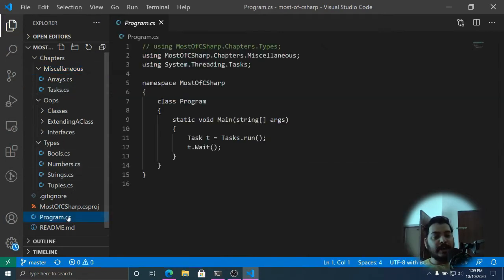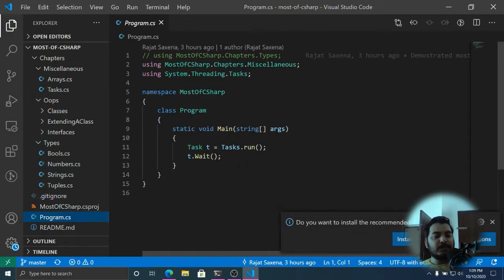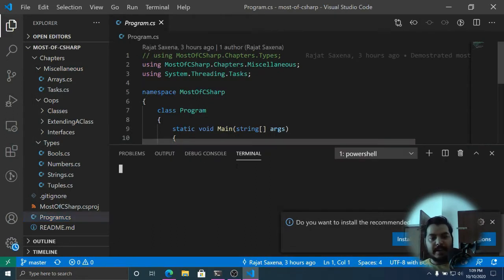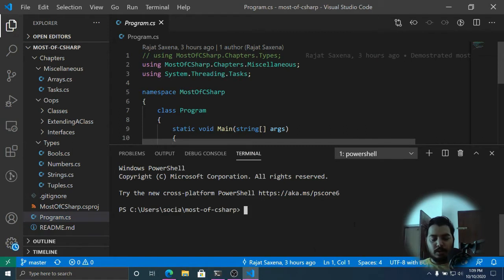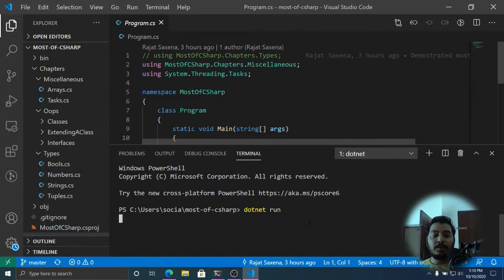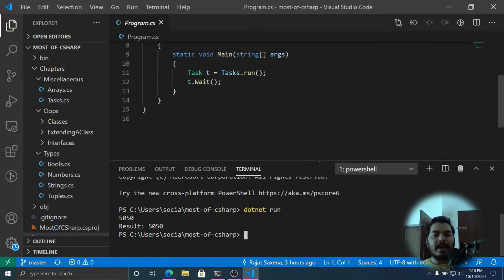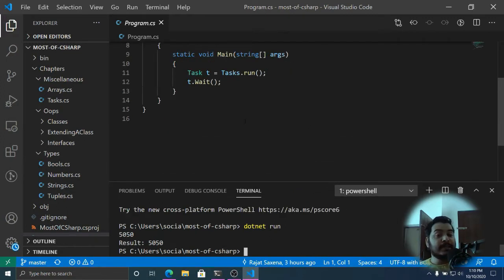So how can you run this thing? I will demonstrate it right away. So you do dotnet run, and this will simply run the project for you. You do not have to do anything apart from having .NET installed on your machine. So let's start with writing our simplest program, that is the Hello World program.